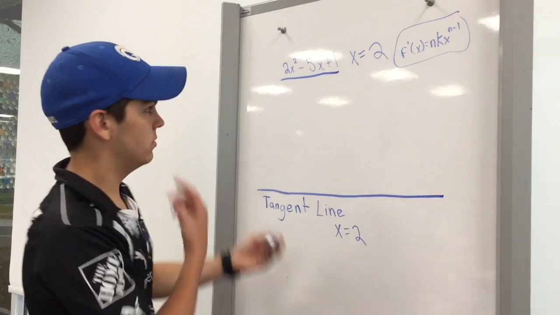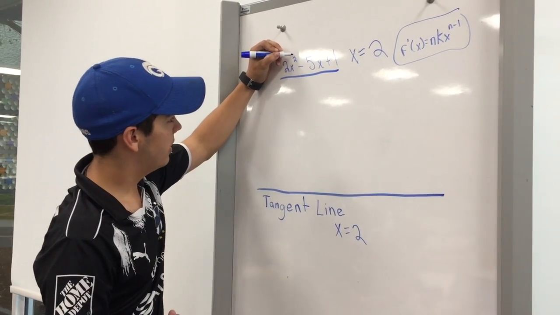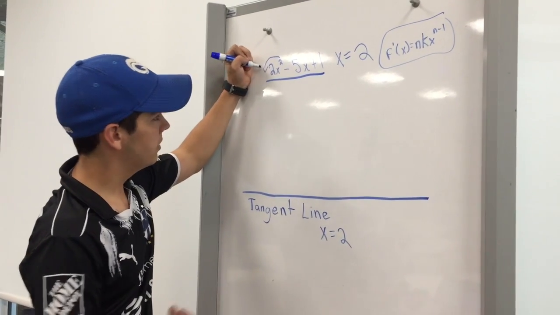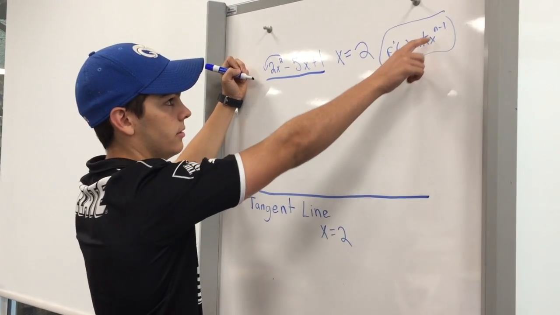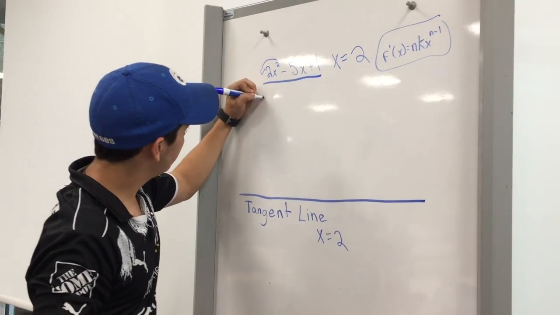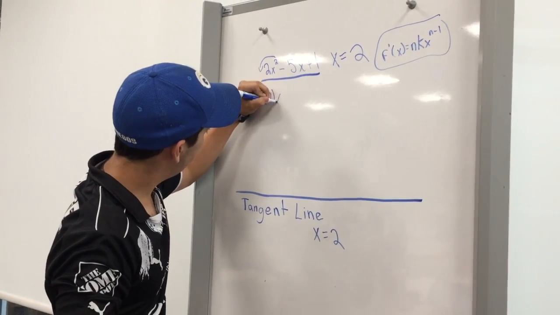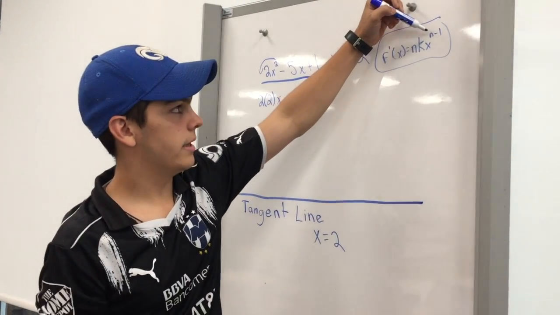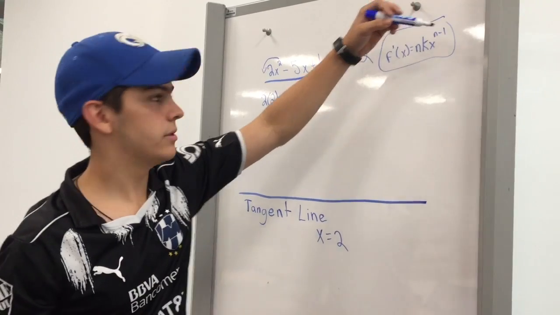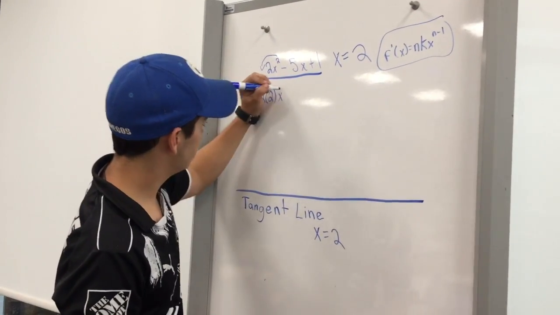to the n minus 1. So the first thing you have to do here is bring the 2 down, because n is the exponent, you have to pass it here. So it's going to be 2x, and here it says n minus 1, so you have to subtract 1 from the 2, so it's